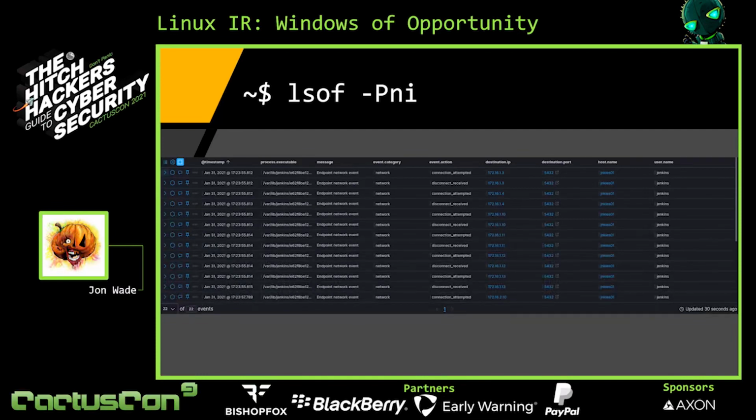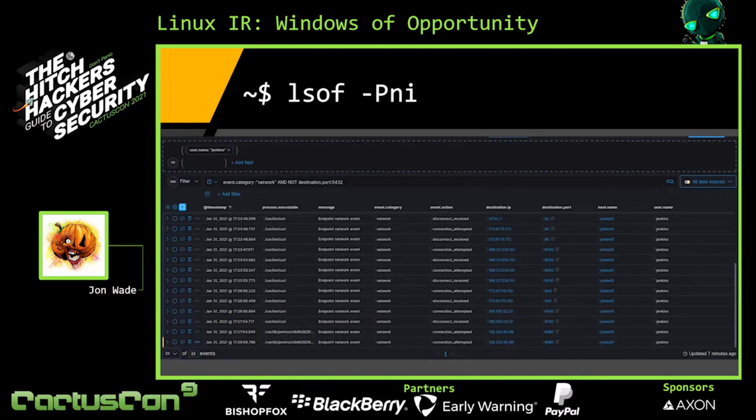If we had seen this move laterally to that Postgres host, we would have seen almost the exact same behavior on that other host. But let's take out this noisy scanning activity and see what other network activity we might be able to observe. Without the noisy scanning, it's pretty clear we've got a bit of curl activity to both regular web resources as well as the SOCKS proxies that we mentioned earlier.